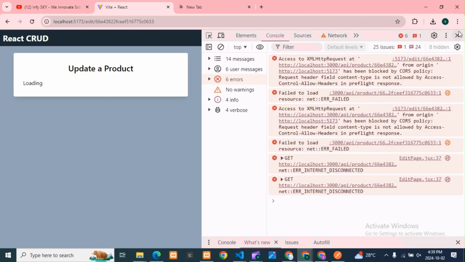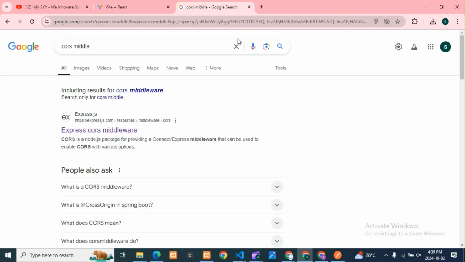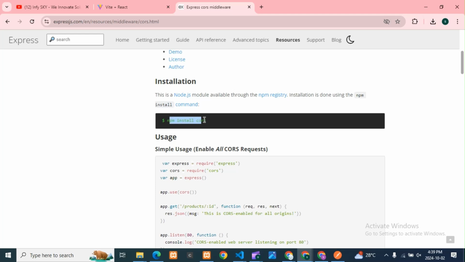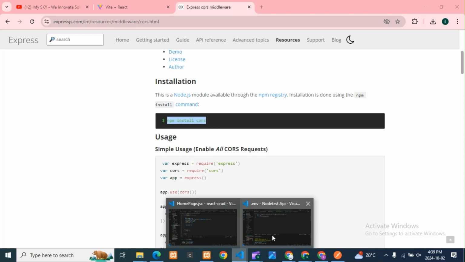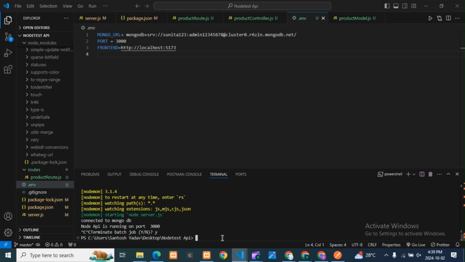You can see guys, still the error is happening. I'll go to the update CRUD. For CORS middleware, just go here, Express CORS middleware, and open that. Here you will get the install command. You can see guys, here it is npm install cors. Just copy this and go to your backend. It should be installed in the backend guys. Just come out from here and install it,